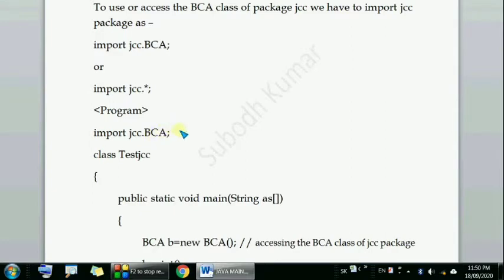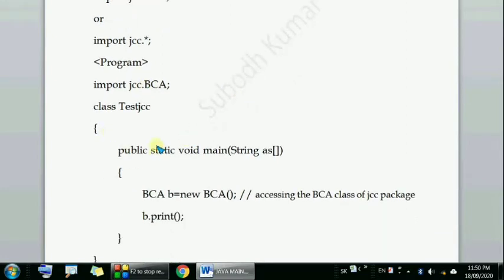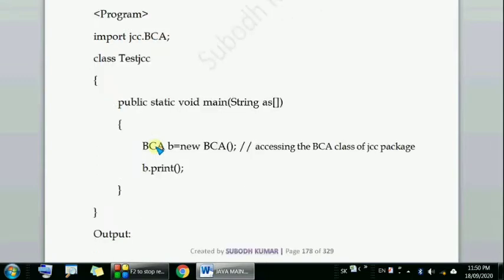The class name is TestJCC, and in the main function we have created an object b of class BCA, which is defined in the package JCC, and using this object b we have called the function print, b.print. When we execute this program, the print function of the BCA class will be called, and the output will be given as BCA.